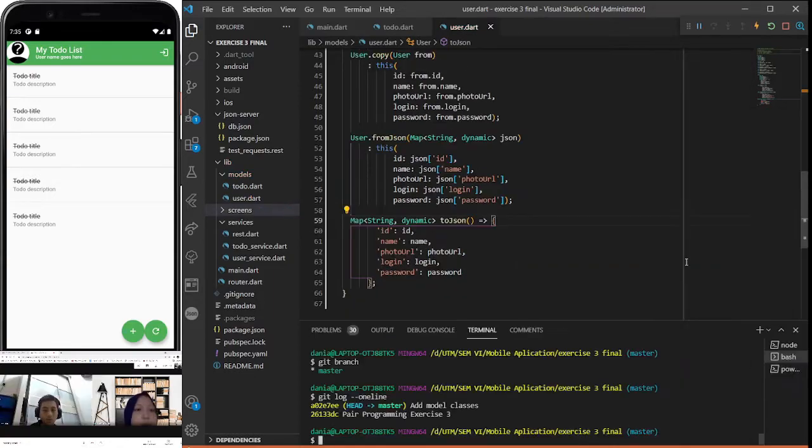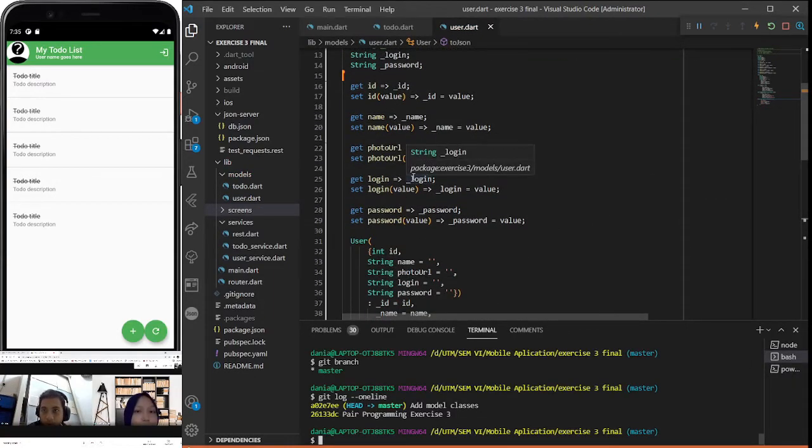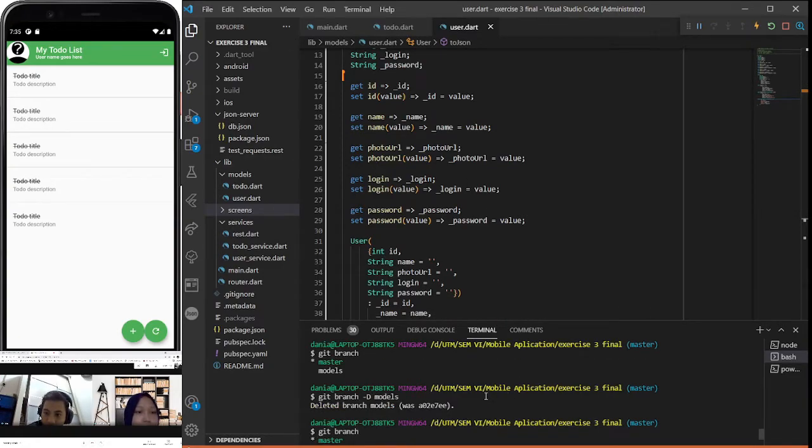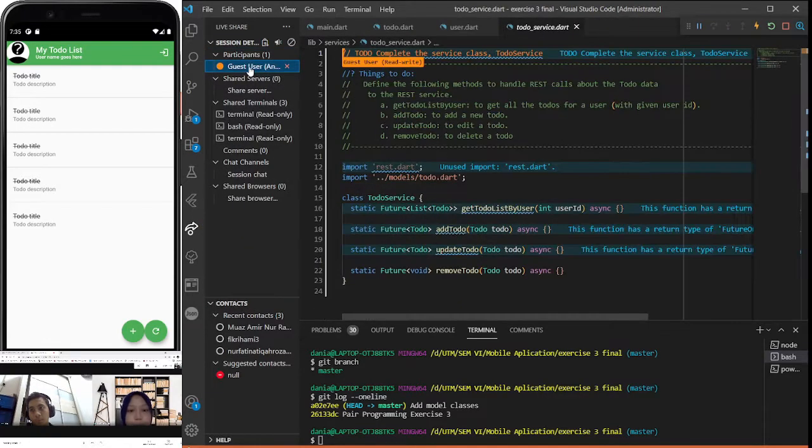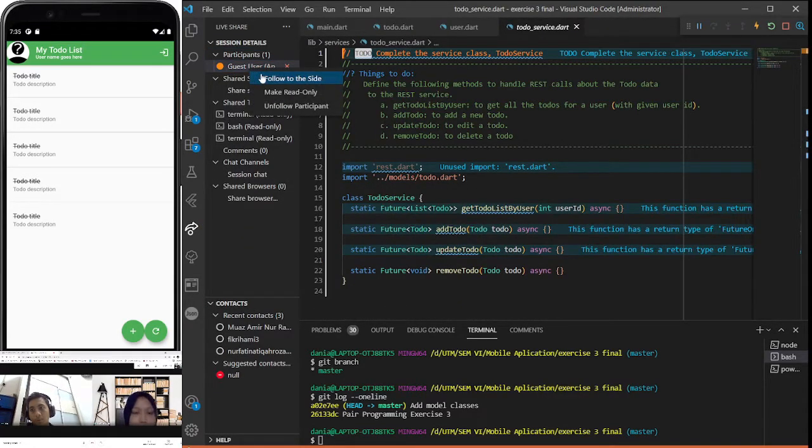Alright, thank you. So I finished doing the user.dat and todo.dat under the models classes. So we have done the git, including the git branch, git delete and all that, and merge. Now I will pass. I will be the new navigator and Fatin will be the driver. Okay. So I will start with